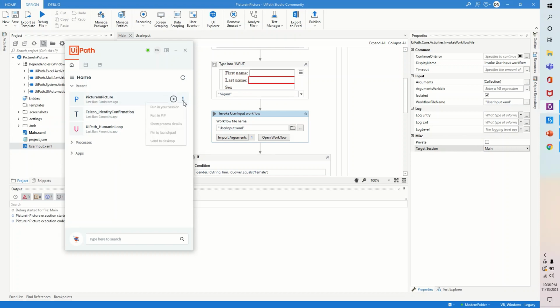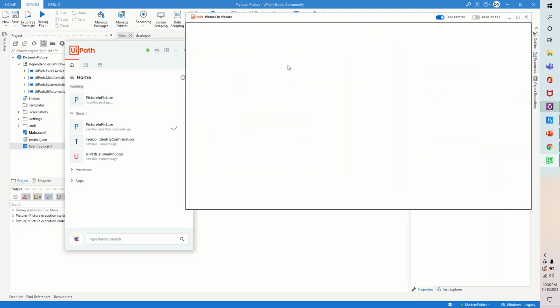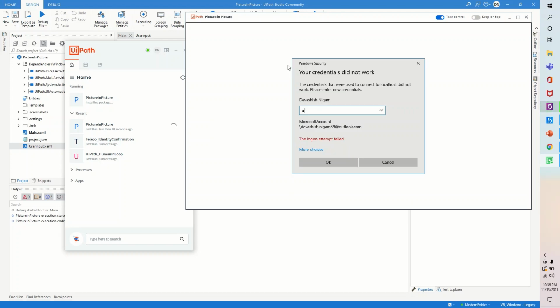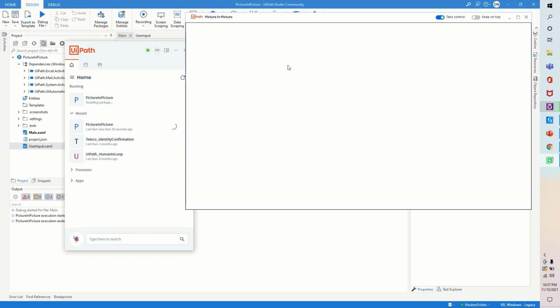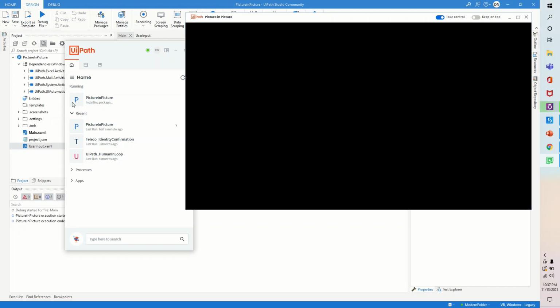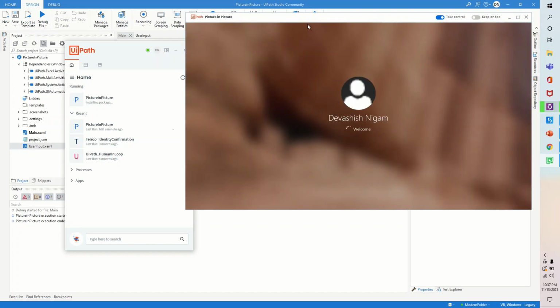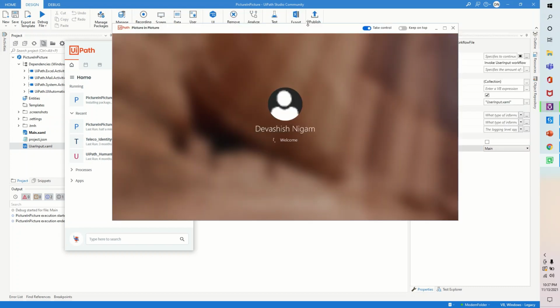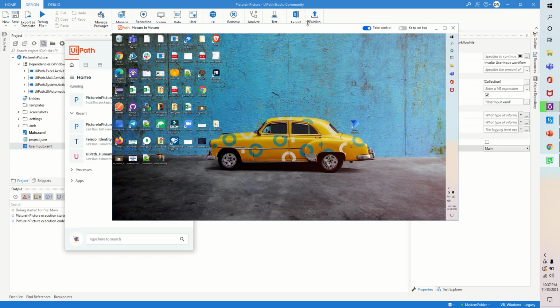Now you see, rather than doing run in PIP, I can just click on the play button and it would open inside the PIP window rather than running in my main window. Installing the package.